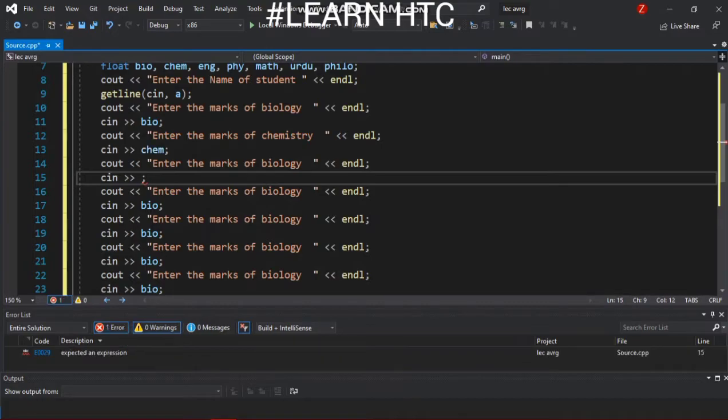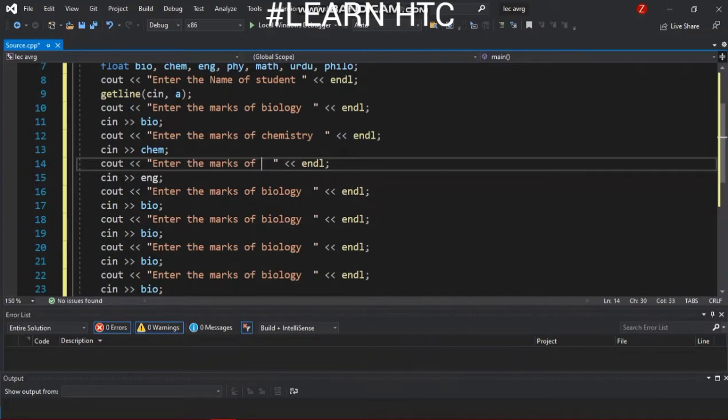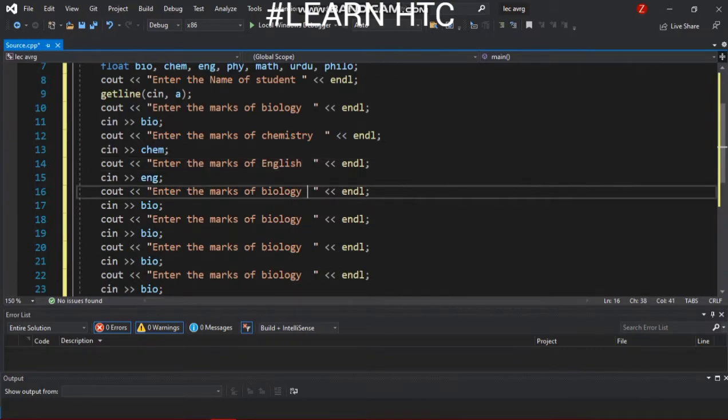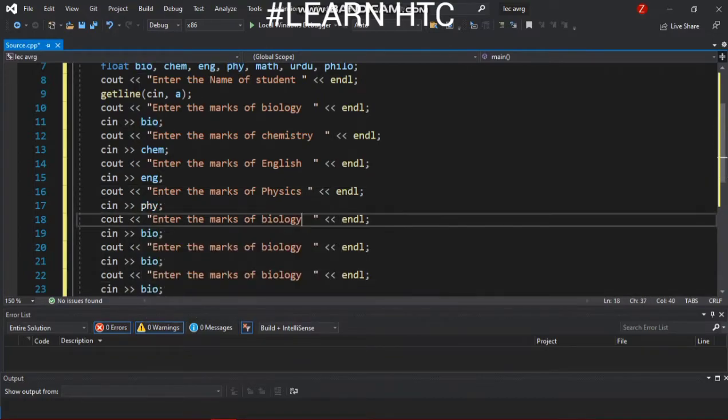Now here English, physics, then maths. You can simply increase and decrease your subjects. Mathematics.